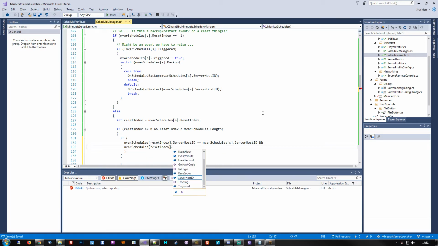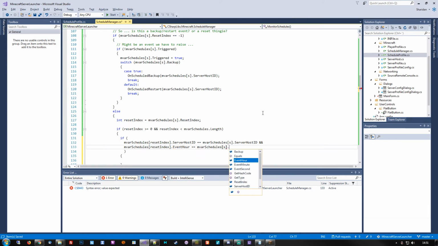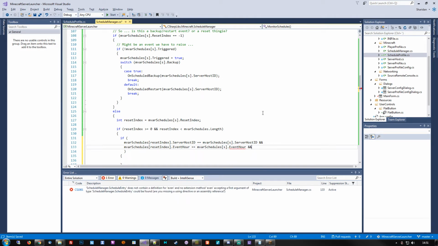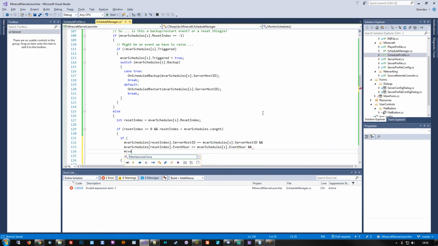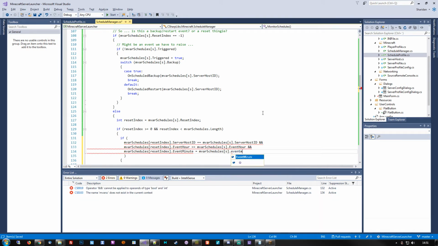The reset index, the event hour equals the current event hour, and the same for the minutes. There we go. Event minutes, and